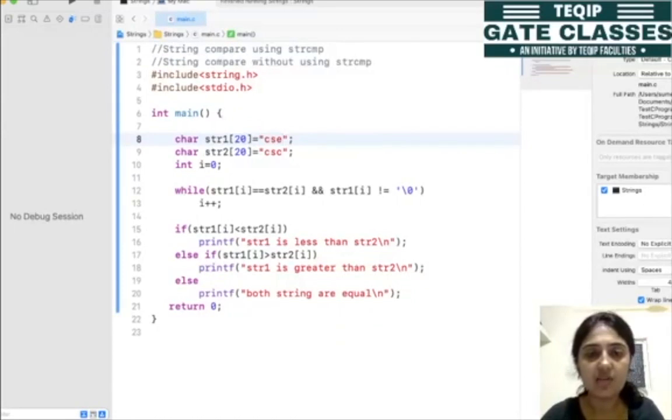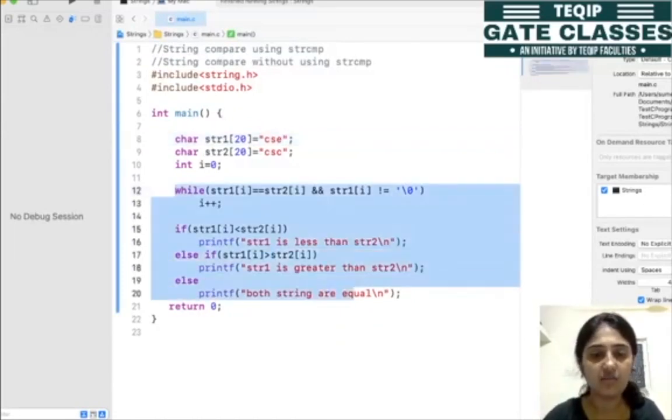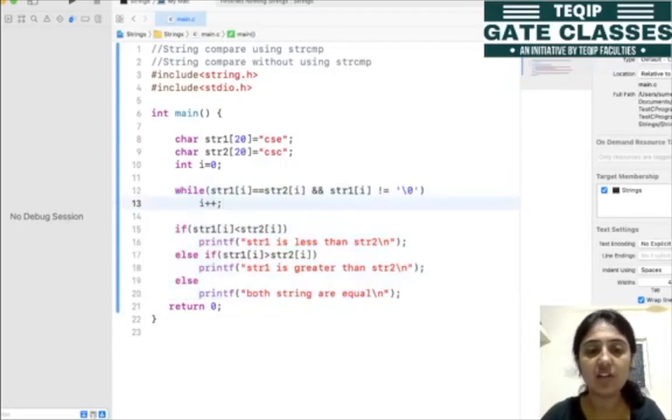So here similar to this you can write this logic inside the function. Like you need to write and use the define function, and there you can write this logics as similar to the previous case, like previous function which we have discussed. You can use the pointers, these string pointers, to do this operation. So I hope this string comparison function, this strcmp, and without using this strcmp is clear for you. So thank you so much.